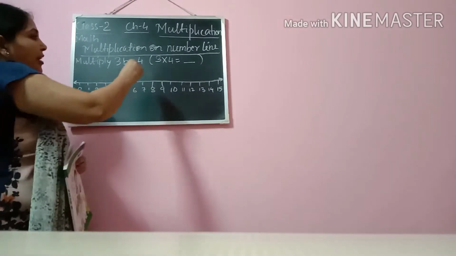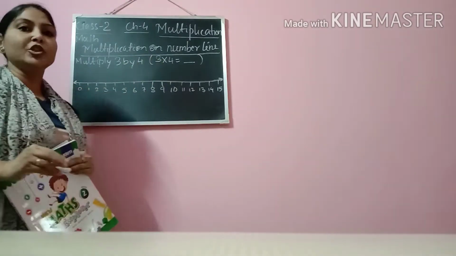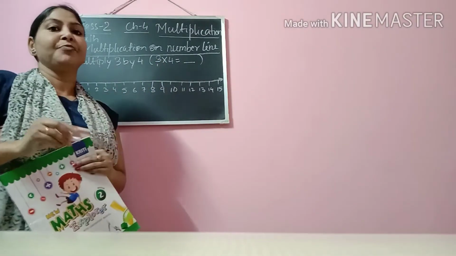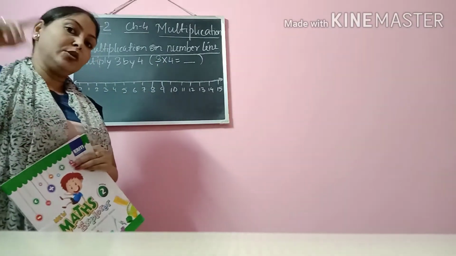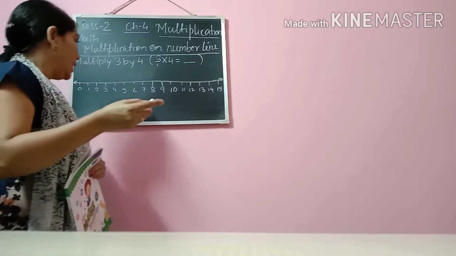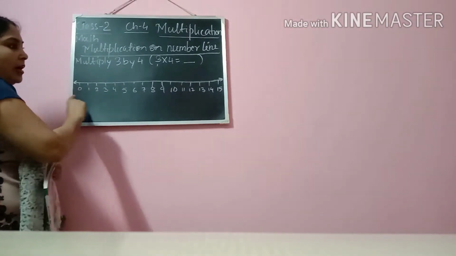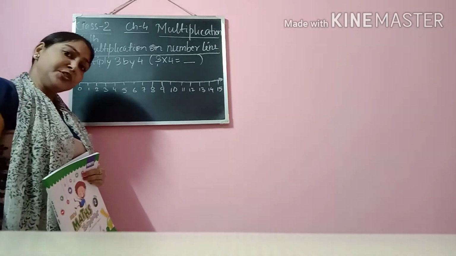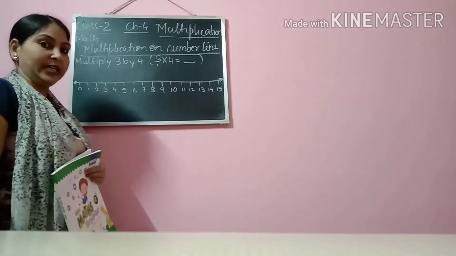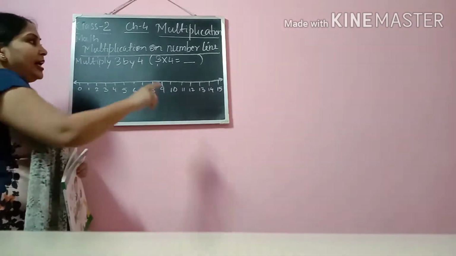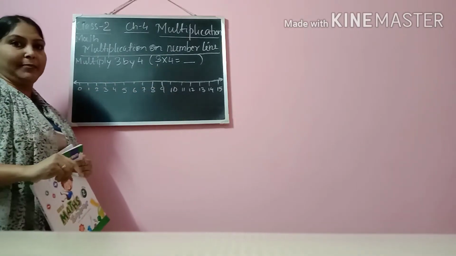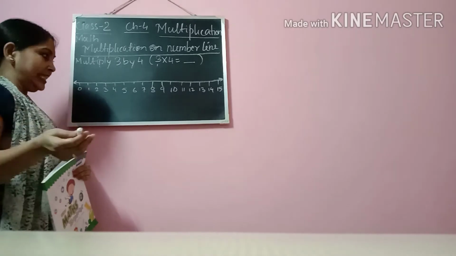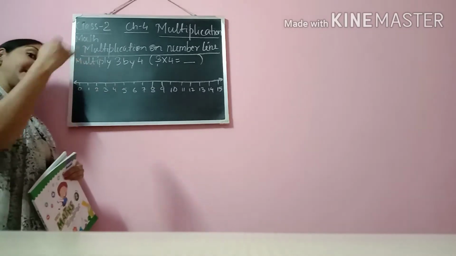So we are doing 3. Which number are we repeating? We are repeating the first number. Every time we are going to skip 3 numbers. Let us start from 0 here. I have already drawn the number line on the board. You can also do it in your CW copy. So we are doing 3 multiplied by 4, or 3 by 4, the meaning is the same. So we will skip 3 numbers.